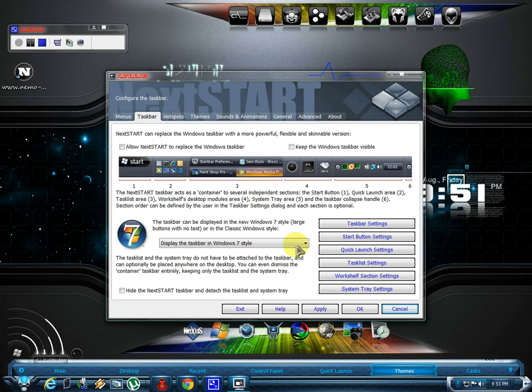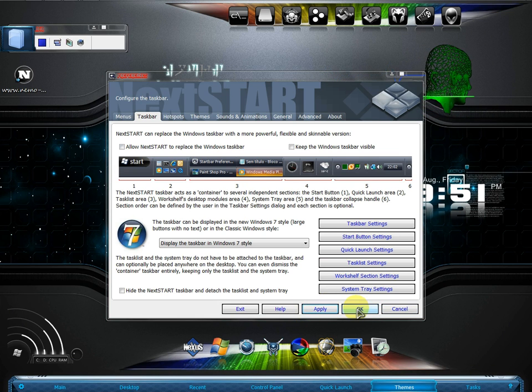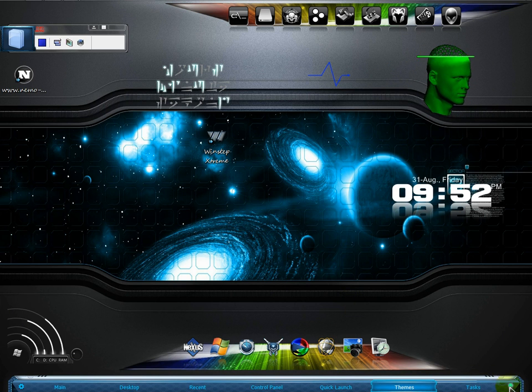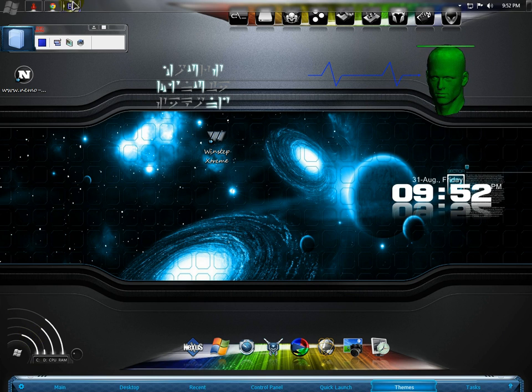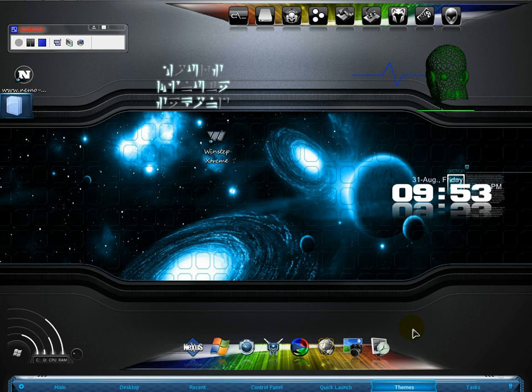Uncheck that, click apply, and press OK. Now there you go, my Windows 7 taskbar is back. And the WinStep taskbar has been minimized right here.